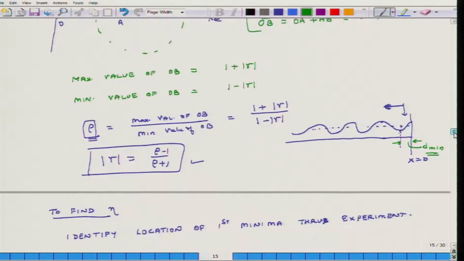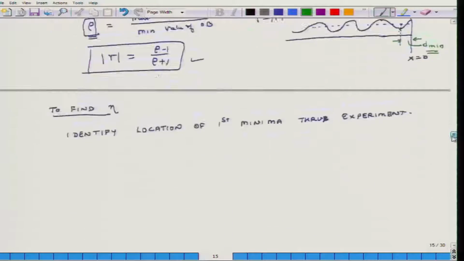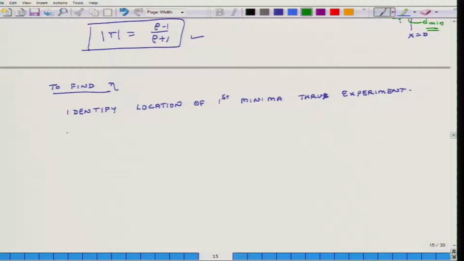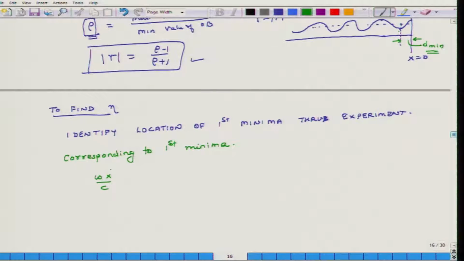Okay. So, corresponding to the first minima, omega x over c, and x I call it d min, which is the location of the first minima. So, I will replace x by d min,